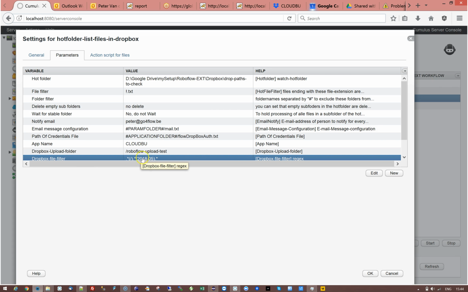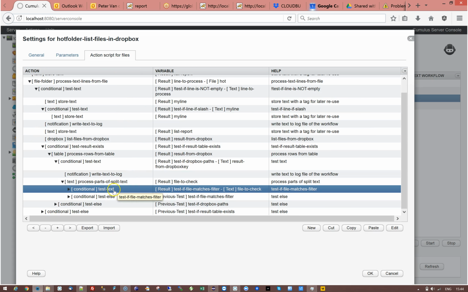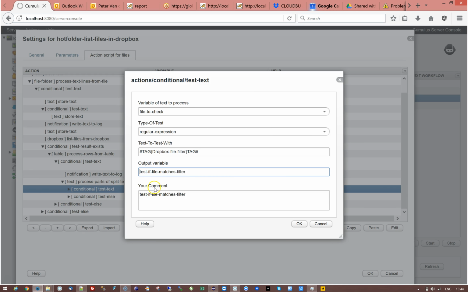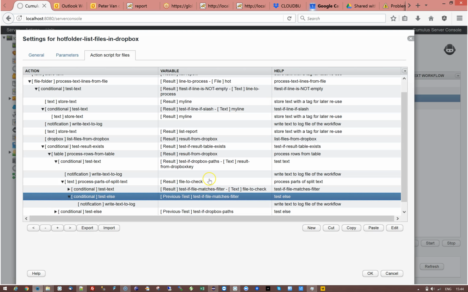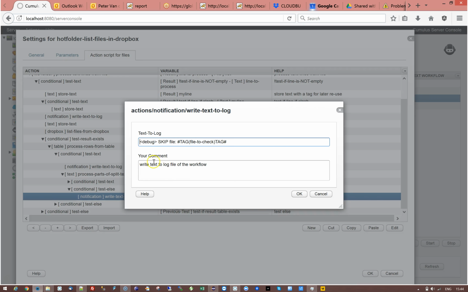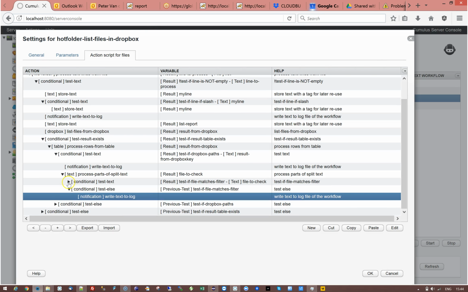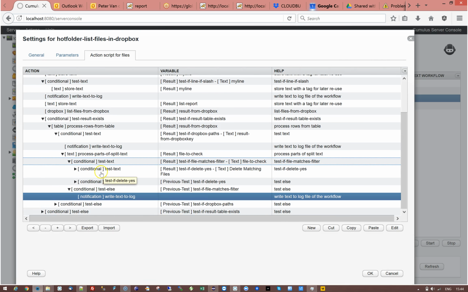So my regular expression was this. And so that's the test I'm doing. I'm saying, is this file path, does that match my actual file filter? Is this a file I want to process? If not, again, I add debug information. If it is, then